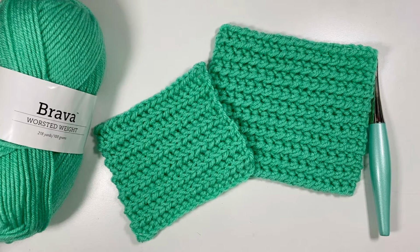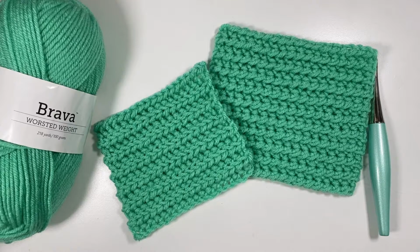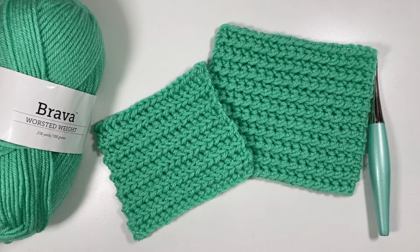the half double crochet slip stitch. We will go through two variations of this stitch, the first being just the regular half double crochet slip stitch, and then the half double crochet slip stitch in the back loop only. I love the way this stitch looks. It gives great texture. It's really easy to do. It's just a slight variation of the regular half double crochet, and it can be used in a variety of